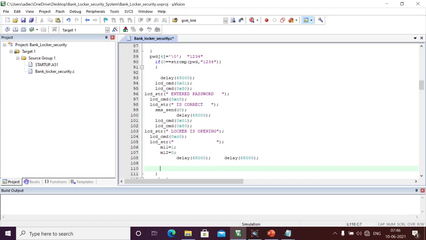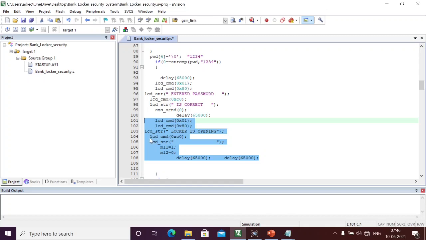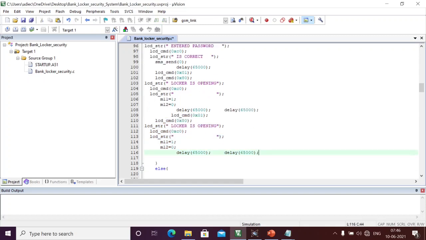Okay, to the clockwise direction, and in a similar way I can write like this, and after some time I will clear this text. Okay, "locker is opened". Here I will say "locker is opened", then I will say stop. After the locker is opened, I should stop the motor to withdraw. Here we can withdraw the money from the bank, and similarly for the last use case, I should close the door.